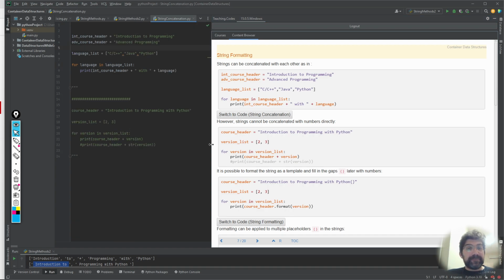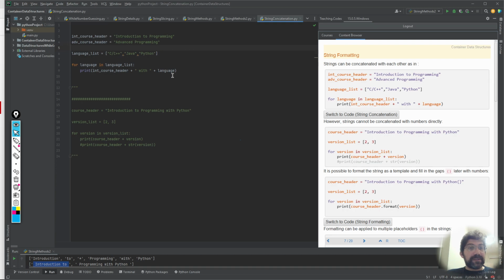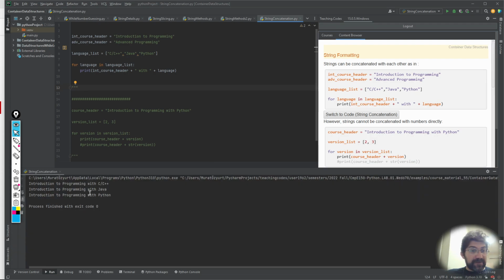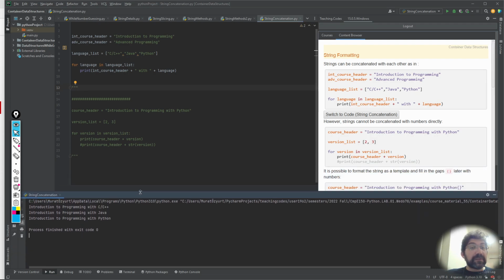So we have these 2 strings. Introduction to programming. This is the header for, let's say, the introductory course. And the advanced course might have the advanced programming pretext. So when we want to concatenate all these to our introduction and advanced computing lessons,